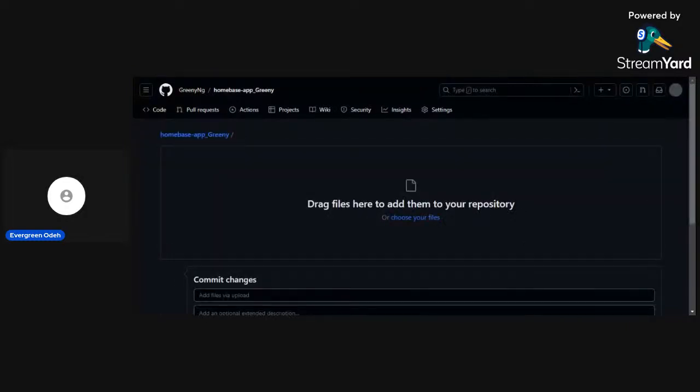So I can drag and drop any file I want to add, and that'll be that.